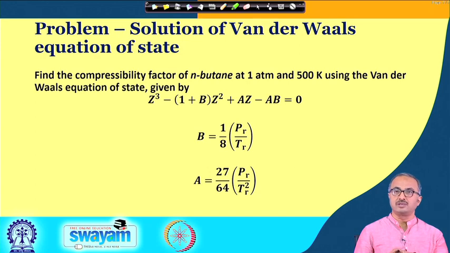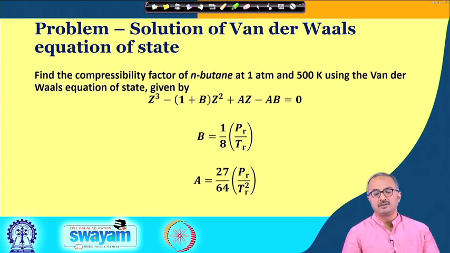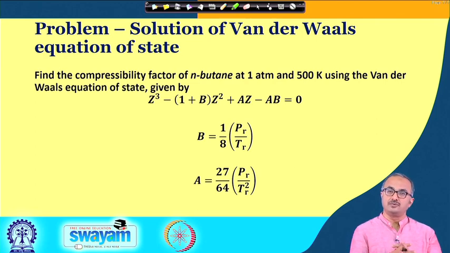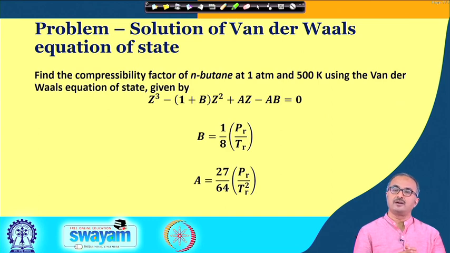This I told you separately, because in this cubic equation of state, we have to find out three values of either the compressibility factor or the volume. Depending on the way we are rearranging the equations, and as I told you in the class, there are many cubic equations of state, like van der Waals is the first one, and then we have the Peng-Robinson equation, we have the Soave-Redlich-Kwong equation, so on and so forth.